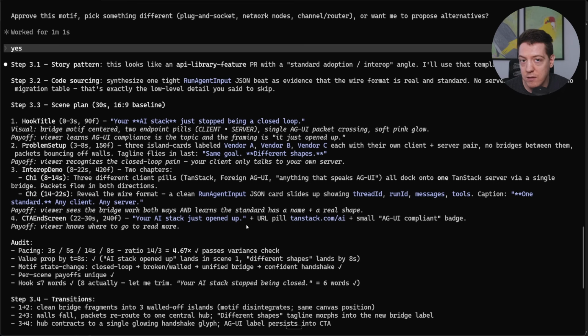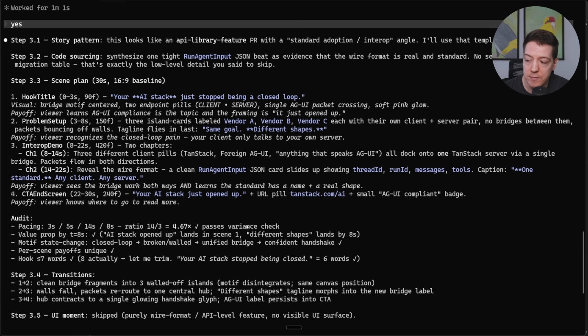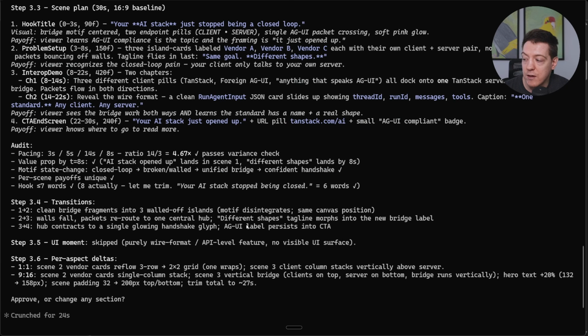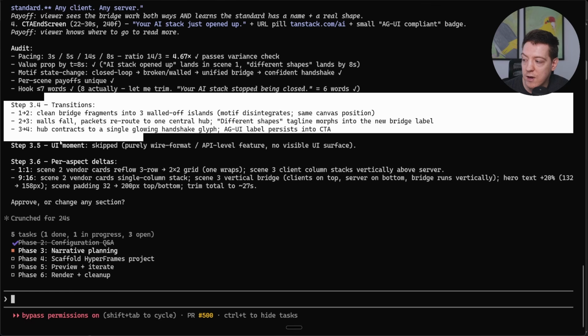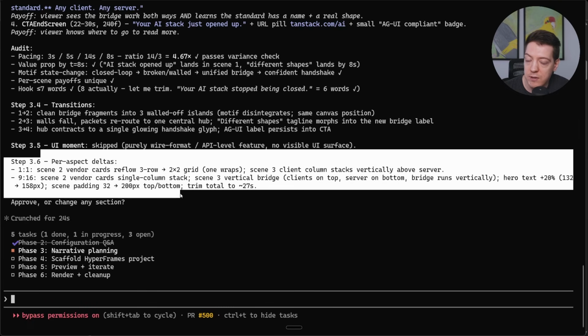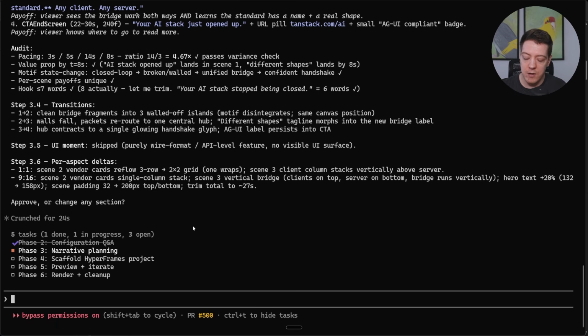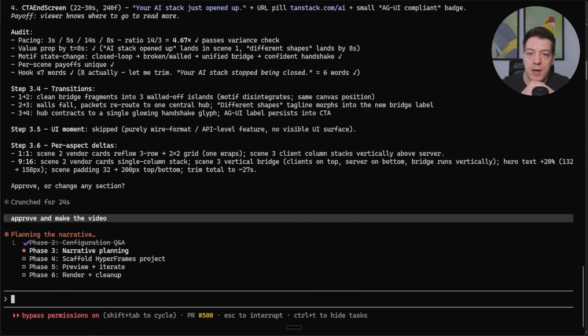If you don't like it, you can just tell it what changes you want up front. It's going to redefine them, and that is going to produce the video. It tells you what it's going to audit, what the transitions are, what the per aspect deltas are going to be, and stuff like that. So I'm just going to approve this and tell it to make the video,